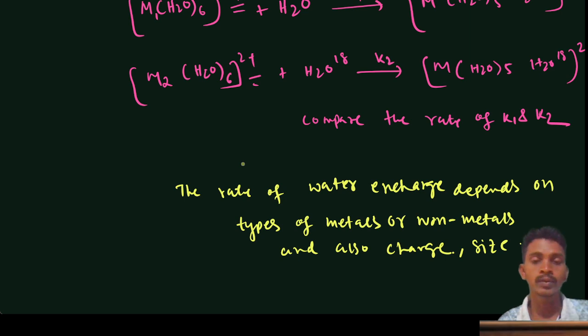So this is the application of what we discussed in the previous class, labile and inertness. For transition metal complexes, we see where there are fast reactions and where there are slow reactions. If they are labile compounds, they are fast reactions. If the d orbitals fall in the labile group, then it is a fast reaction. And if it falls in the inert category, then it is a slow reaction, as we have discussed for transition metal complexes. Here we will look at water exchange reactions for both metals and non-metals.